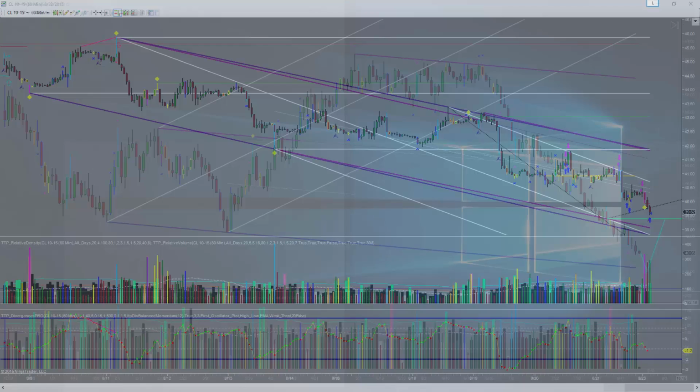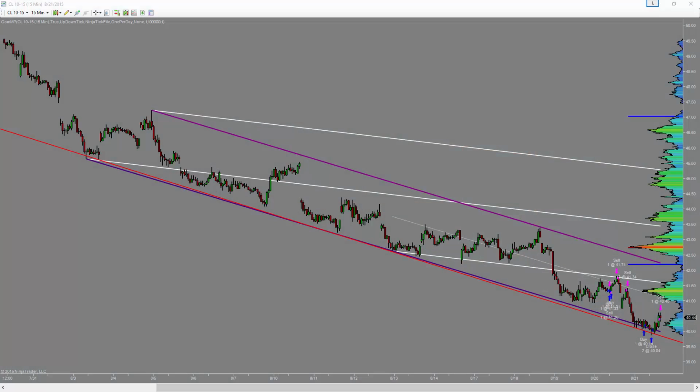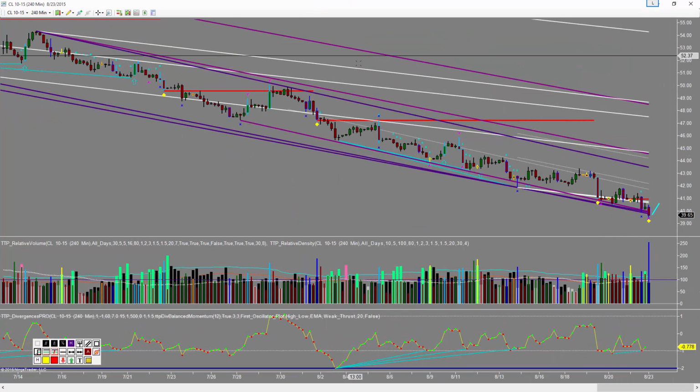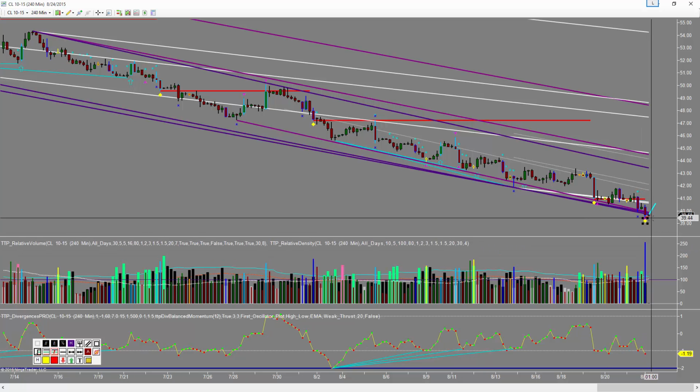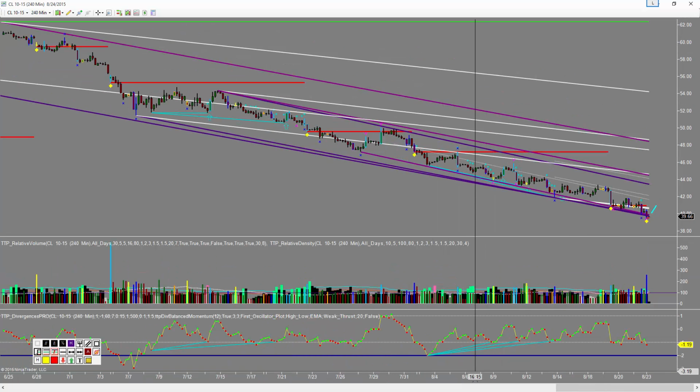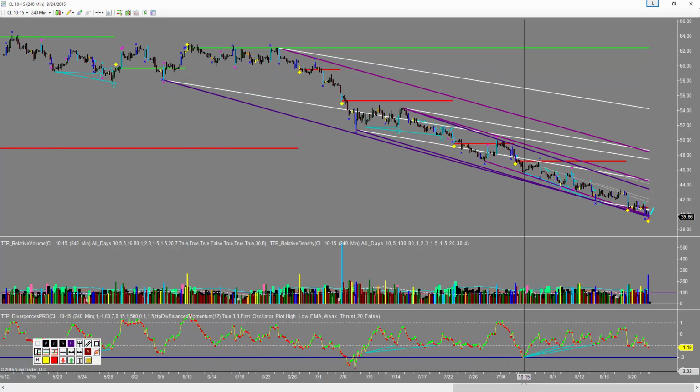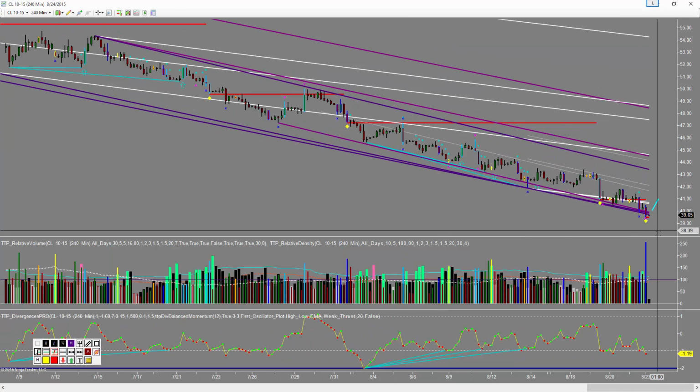But when you look at the 240-minute chart here, wow, it's already incredibly high volume, and there's the new bar that just started just now. So yeah, we have made a strong move down to support here from multiple channels. So this could potentially be a low in here. Maybe not a significant low, but